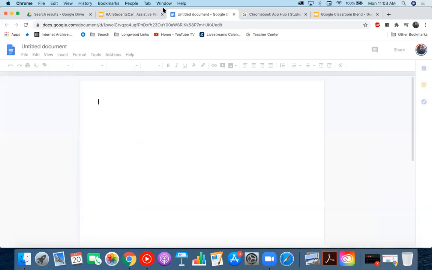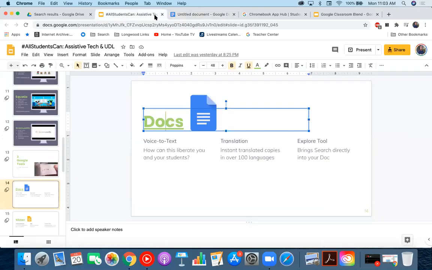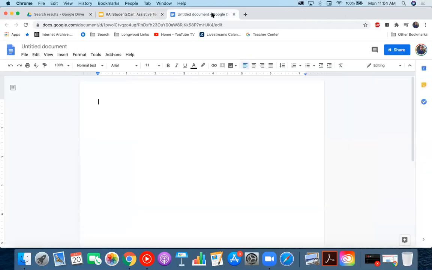For me, just clicking there, docs.new opens one up for me. Okay, so there are three ways that we're going to look at Docs right now in terms of accessibility. We're going to look at using voice to text, we're going to look at the translation features, and we're also going to look at the Explore tool. So the first one that we're going to take a peek at is